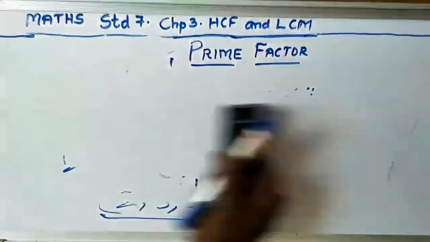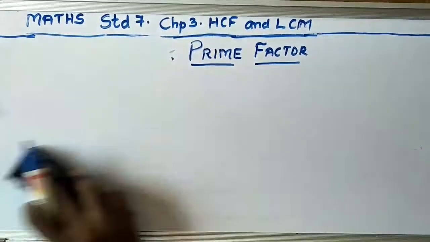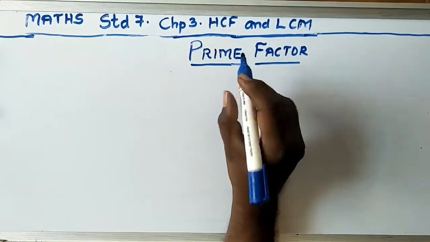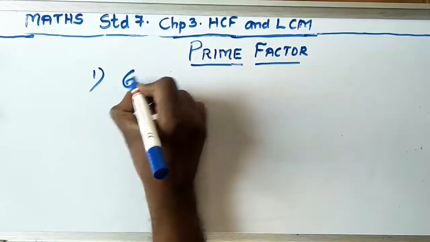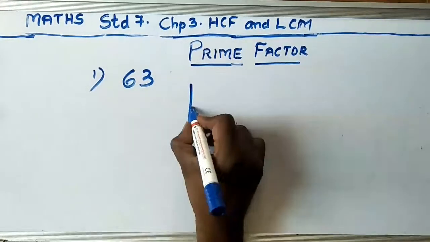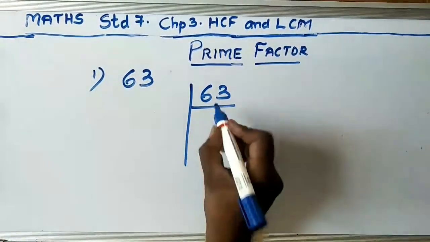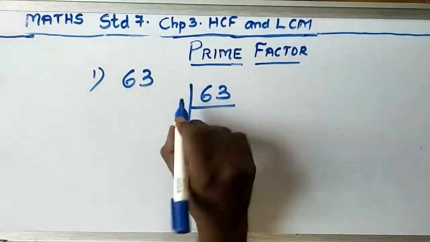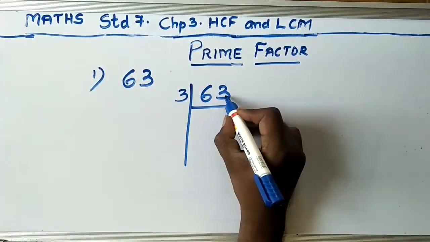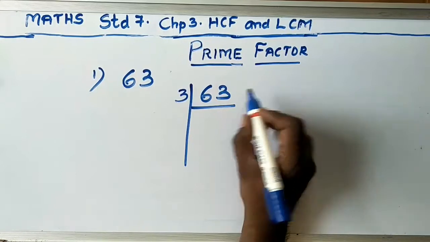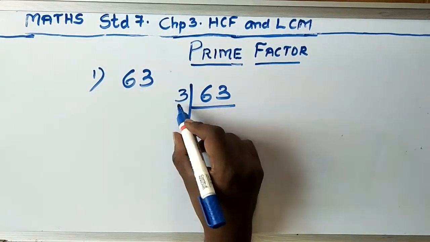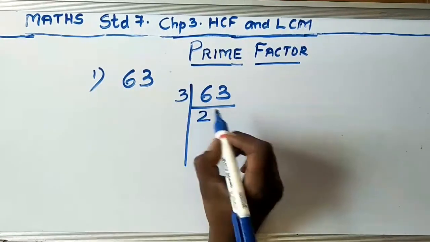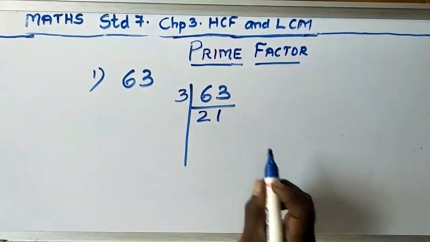Is it clear? Let's do the next sum. Today, whatever I teach you, learn it carefully, thoroughly, how to solve the sums. 63. Now here you can see 3. 6 and 3 go in 3 table. So I'll write 3 because 63 doesn't go in 2 table. So 6, how many times? 2 times. 3 twos are 6. 3, how many times in 3 table? 1 time. 3 ones are 3.